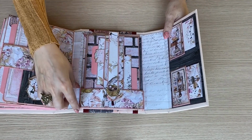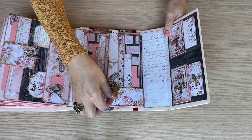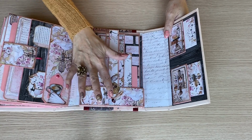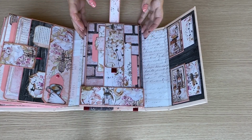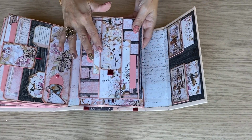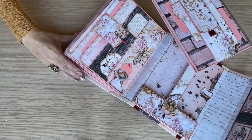There is a small box pocket here in the inside back cover, and it is kept, well, not closed, but sort of, with this large magnetized flap. Did some fussy cutting here, so let's open that up, because now I can take a mini folio out of it. So let me show you that folio. It comes with the tutorial as well. So with the tutorial you can find all of this, the cover, the insides and the pages,